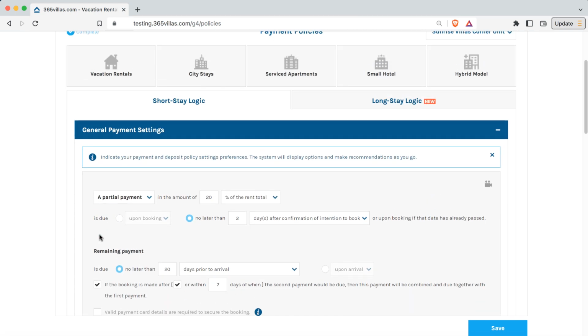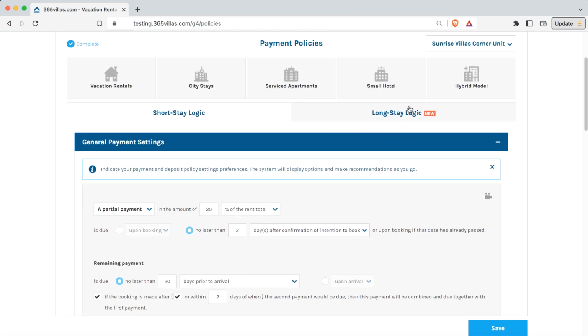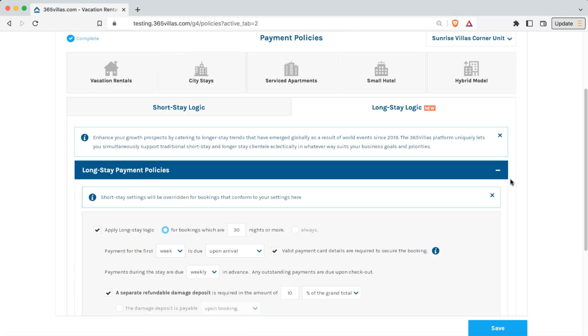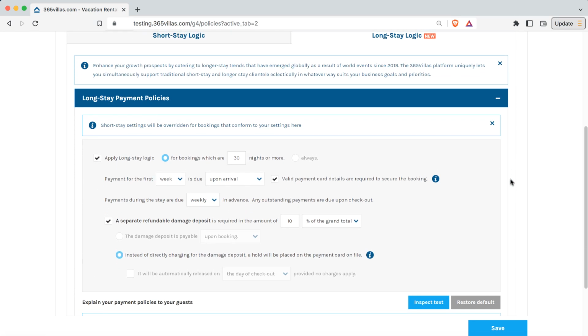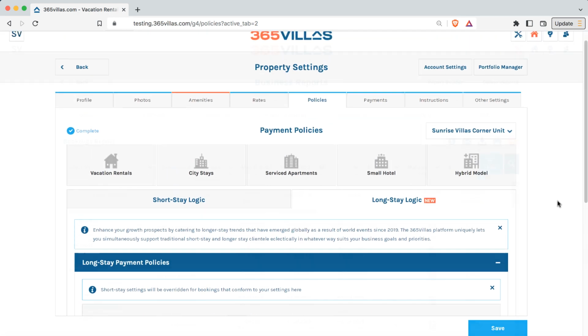Finally, as travel trends are constantly changing in our industry, we've added a whole new long-stay payment policy logic. With this new feature functionality, you can now simultaneously support your existing short-term rental model while also branching out and marketing your properties to travelers with open-ended or longer stay needs, similar to those that service department and small hotel